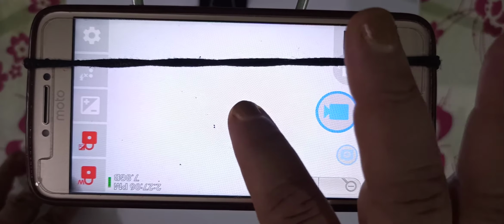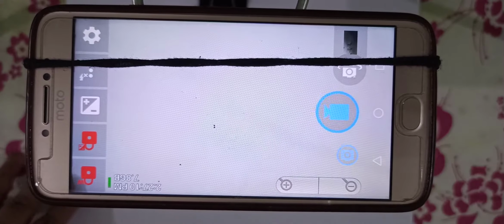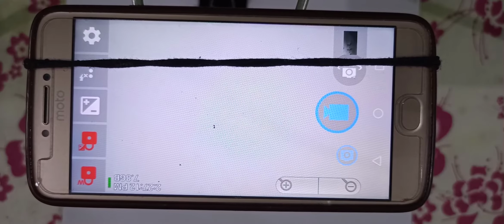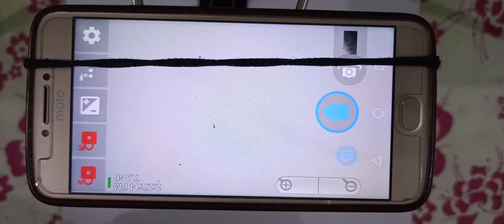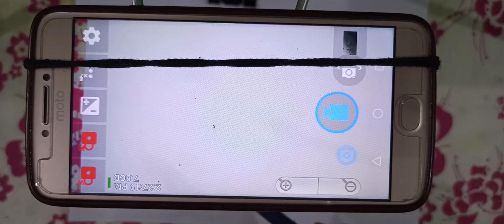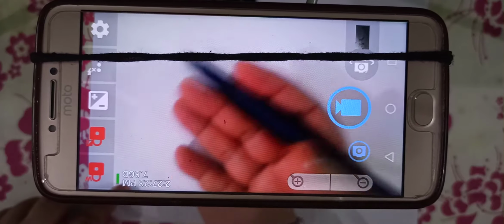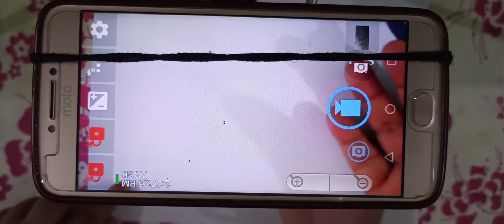As I said, touch your screen to focus on the content you have written, and I use a simple pen. I have taken a 0.8 mm one because if it is a thick writer, then it is visible clearly.